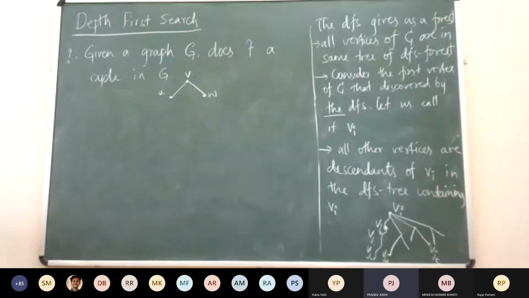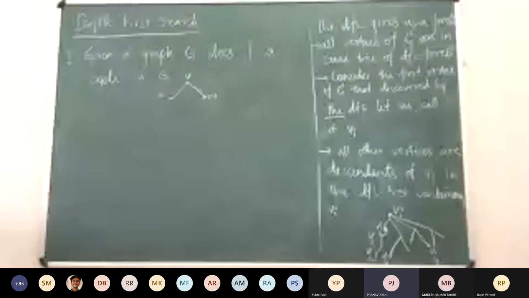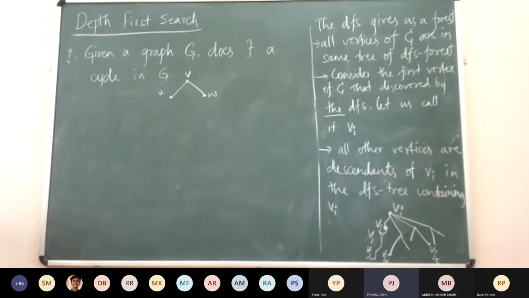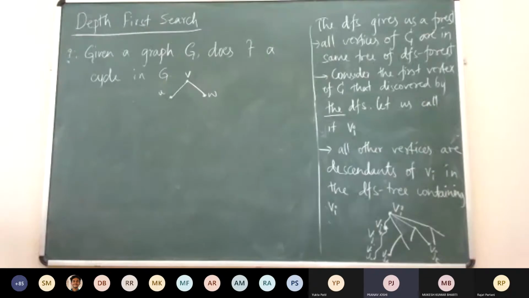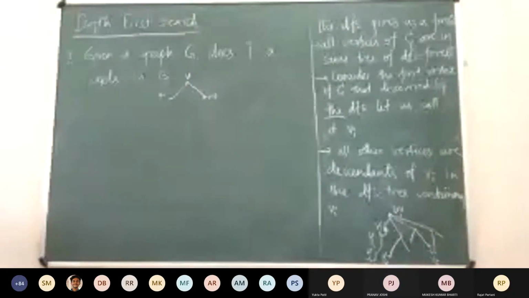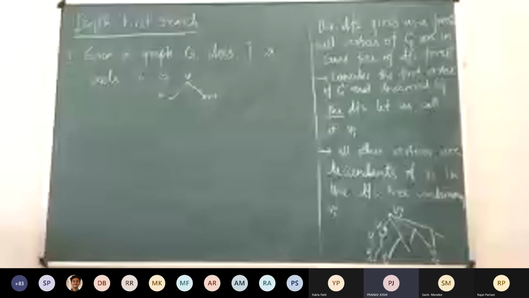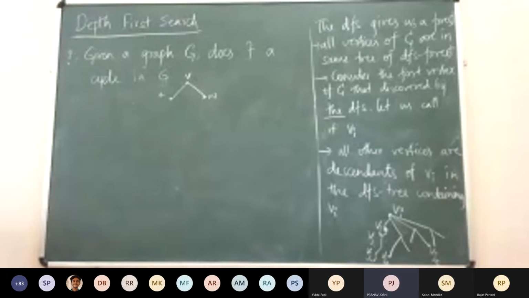What I'm trying to say is, suppose we start with V, then we have two neighbors, U and W. There may be more, but suppose one of the neighbors is discovered in the cycle at some point. Then W and U are connected through a path. So whenever we start exploring W, we will reach U at some point in the DFS. They may be in different branches, but they all will lie in the same tree.